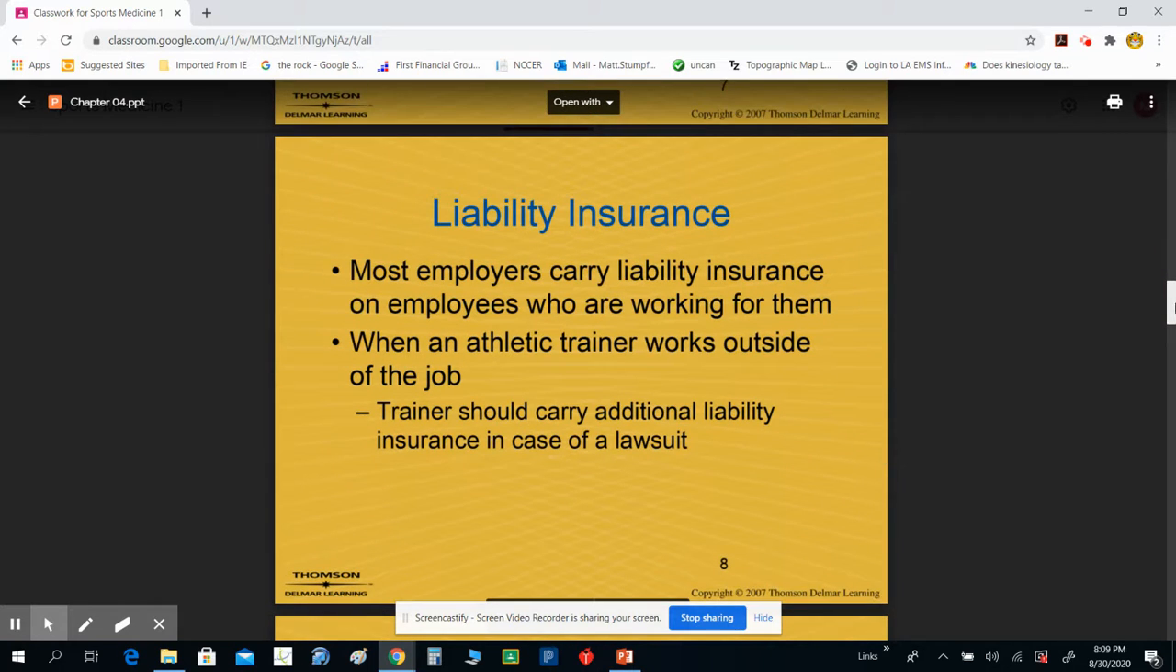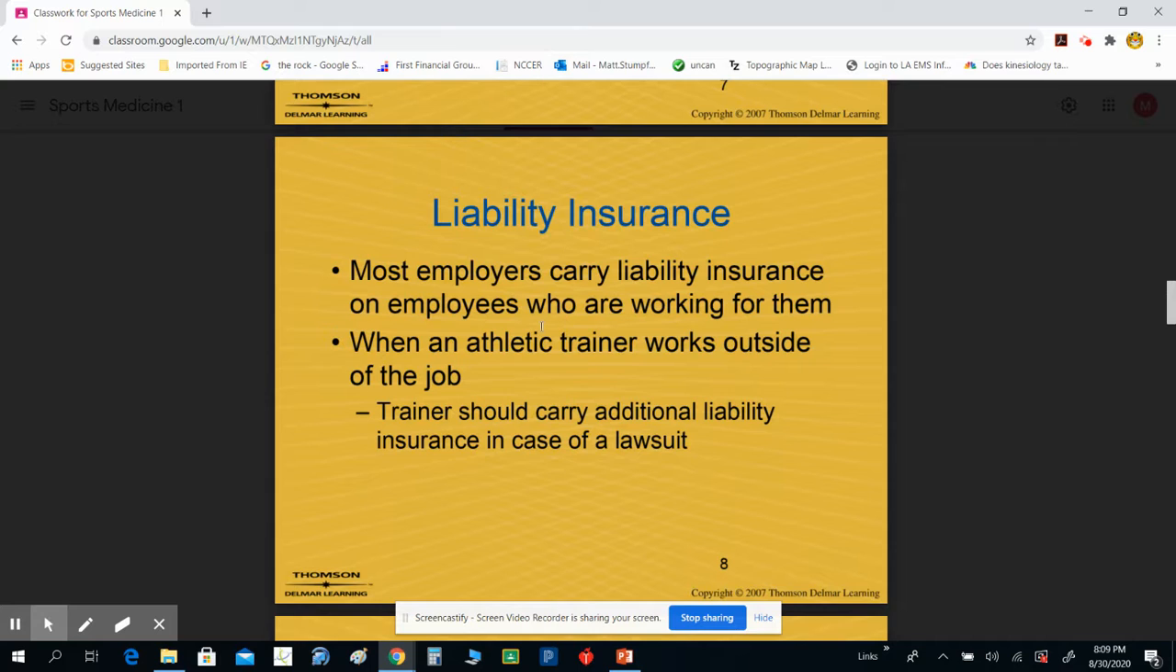All right, liability insurance. Most employers carry liability insurance on employees who are working for them. When the athletic trainer works outside of the job, the trainer should carry additional liability insurance in case of a lawsuit. What this means is, when I'm here at school working as an athletic trainer, I have liability insurance that covers me through the school district. But I also have my own personal liability insurance that covers me for out of